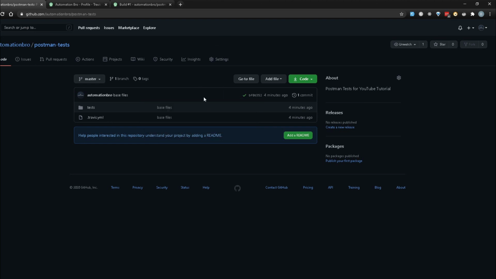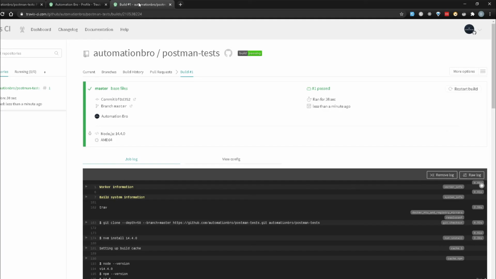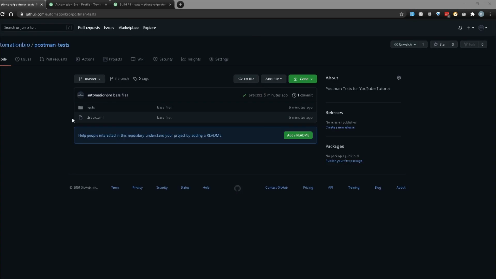Now let's say if in future you want to make some more changes to your Postman collection, you can add in the new collection data, or basically add in a new request, export that, push it back to our GitHub. What that will do is trigger a new build for you, and then it will just tell you if the build succeeded or failed. In our scenario, we will not be adding in more changes here, and we'll just kind of leave everything over here.